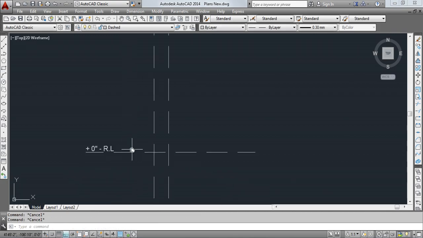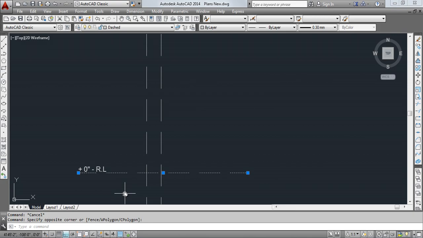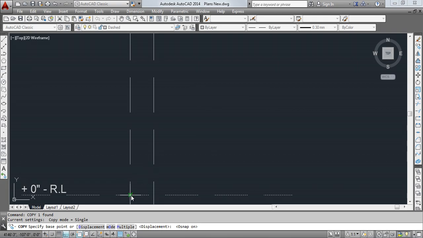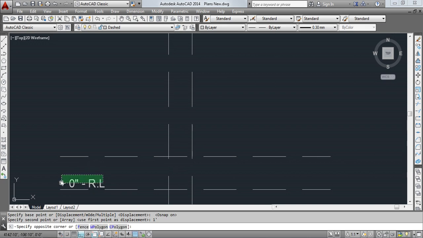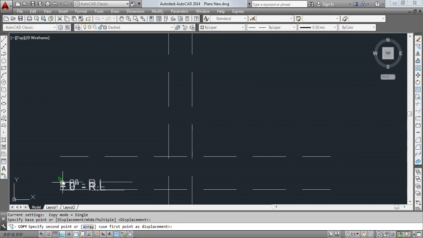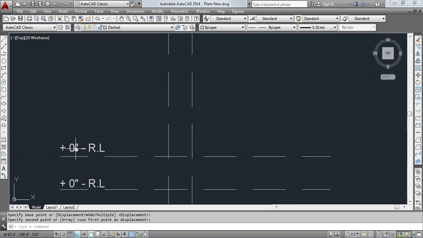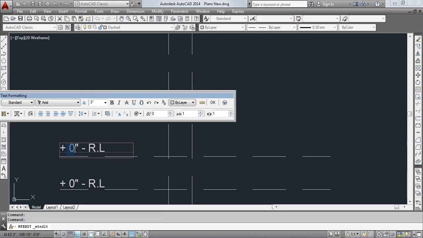and from above the road level I think we have to go 1 feet up to the porch area where your car is going to be parked. So I'm going to write 1 feet here, and I'm going to copy this. I'm going to paste this plus 1 feet, and this is going to be porch level,